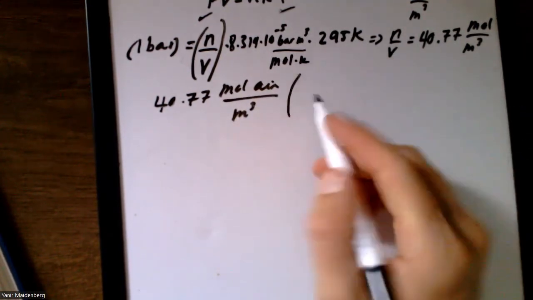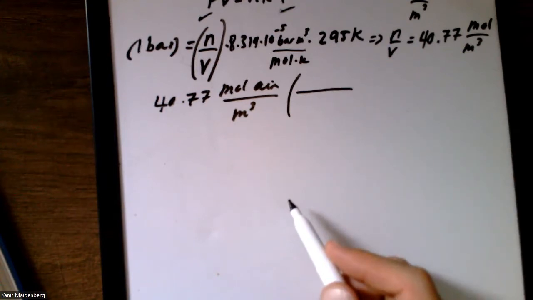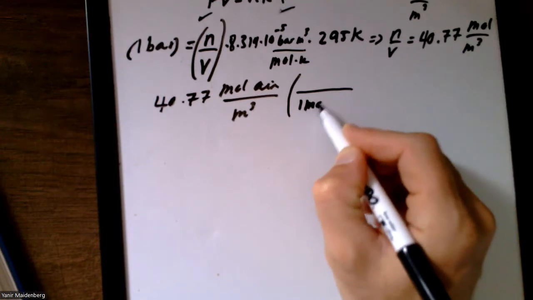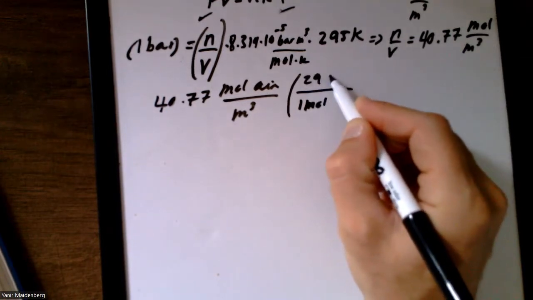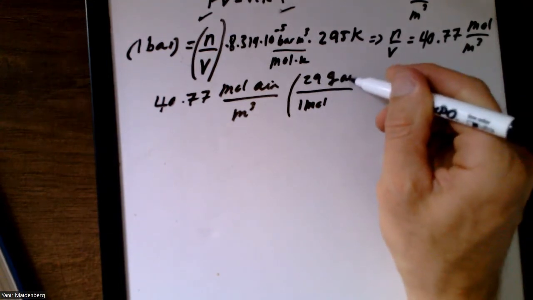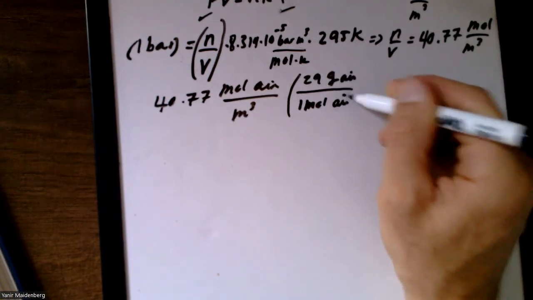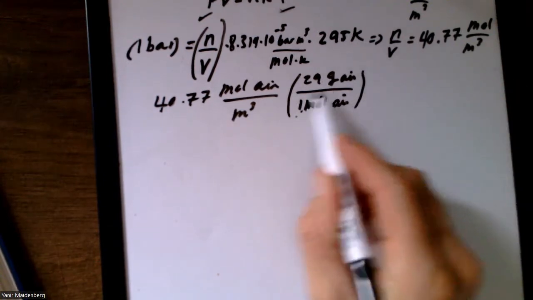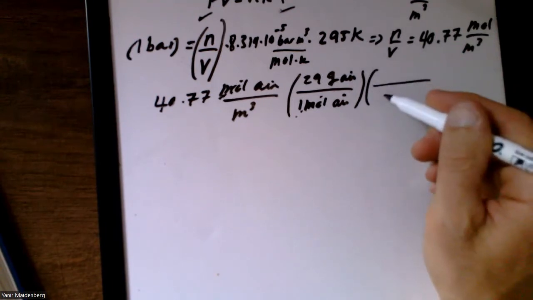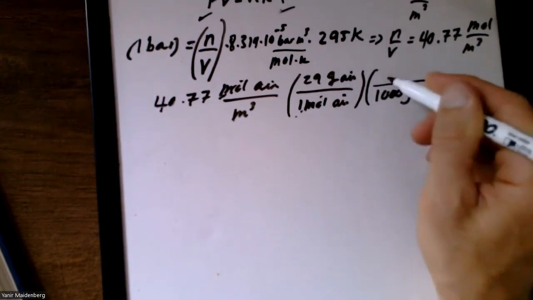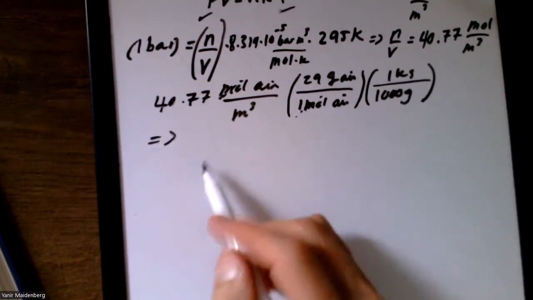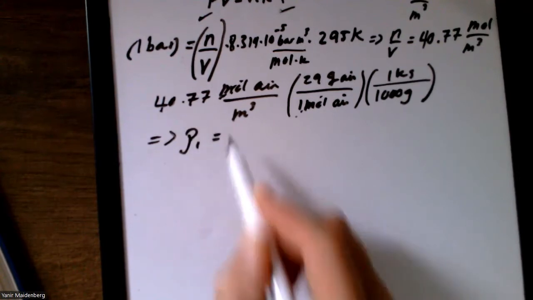And then I know the molecular weight for air, and it's in the back of the book, you don't have to memorize it, is 29 grams per mole. And I want to cancel out mole. About 29 is 28.9 or something like that. 29 grams of air is going to be 1 mole of air. So that cancels out my mole, which I don't really want. And then I can say it's 1,000 grams per 1 kilogram, get rid of my grams, and I eventually get that my density, my initial density,